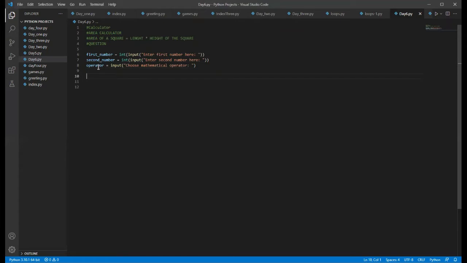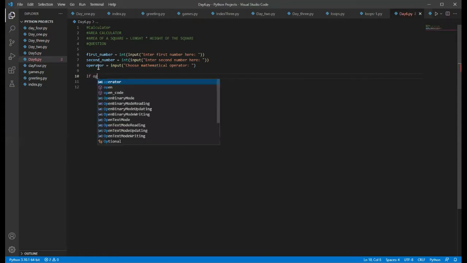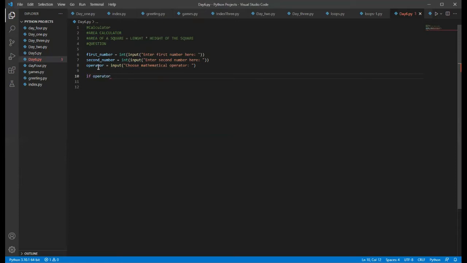Now we have built our project. We have built the skeleton. So let's add the logic to it. Here you are going to say if operator equals. Now we need to build the operator here. Since the operator is a string, we need to assign a string to it. So if the operator equals plus,